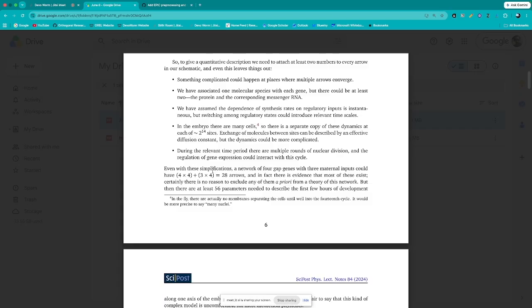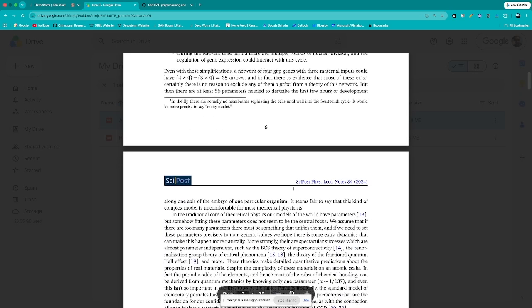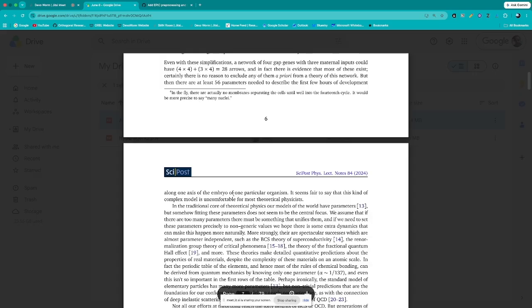Even with these simplifications, a network of 4 gap genes with 3 maternal inputs could have up to 28 arrows, and in fact there is evidence that most of these exist. Certainly there is no reason to exclude any of them a priori from the theory of this network. But there are at least 56 parameters needed to describe the first few hours of development along one axis of the embryo of one particular organism. So if we go back to our